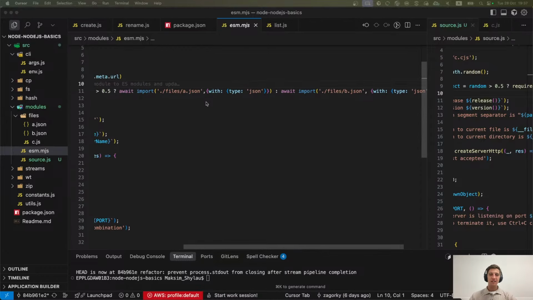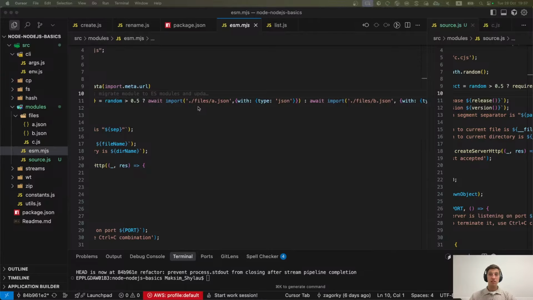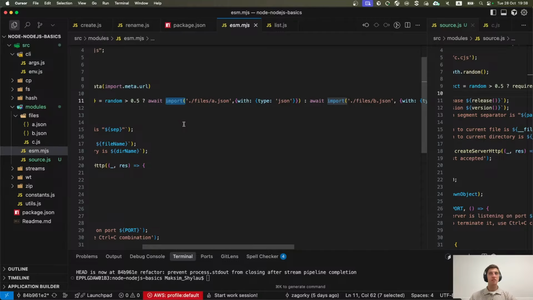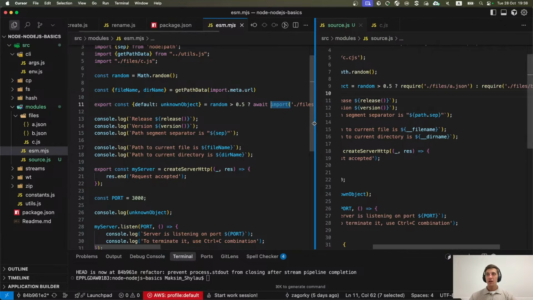Okay, I don't see answers, so I will answer myself. Import here is not a function. This is just a specific syntax. It is a reserved keyword, but it's not a function. Okay, just trust me and remember it.